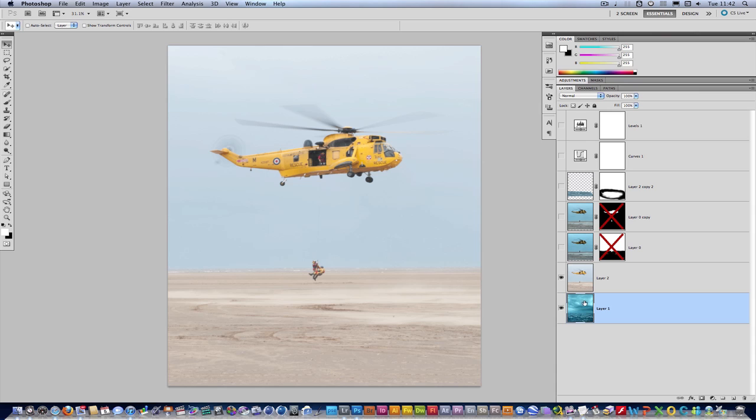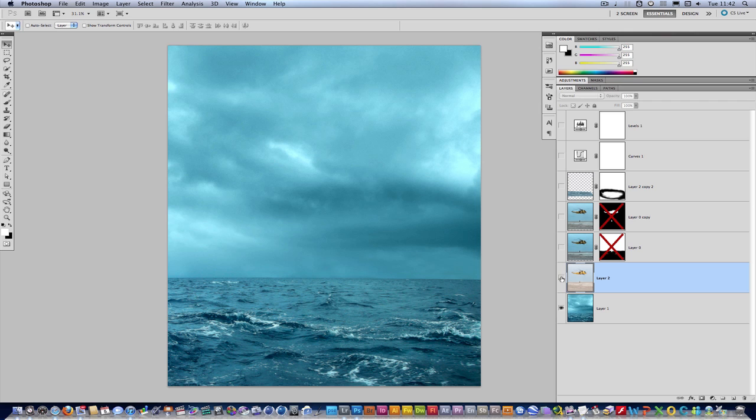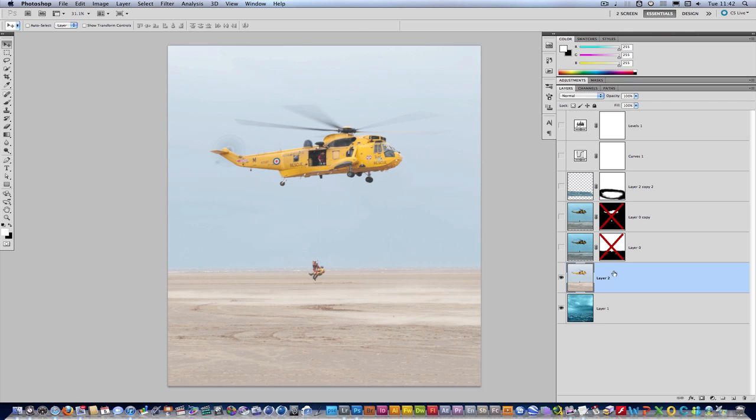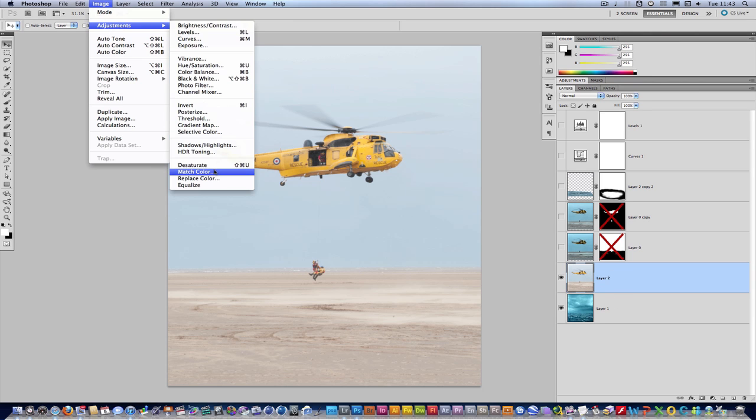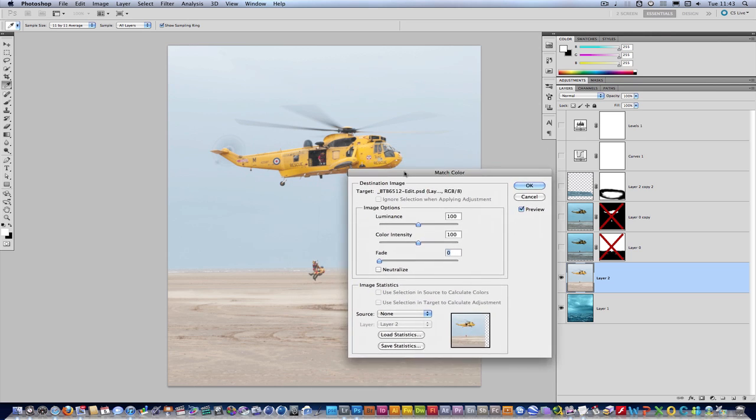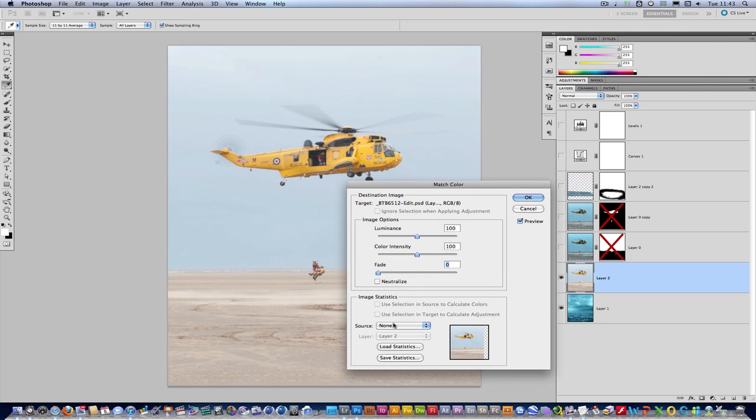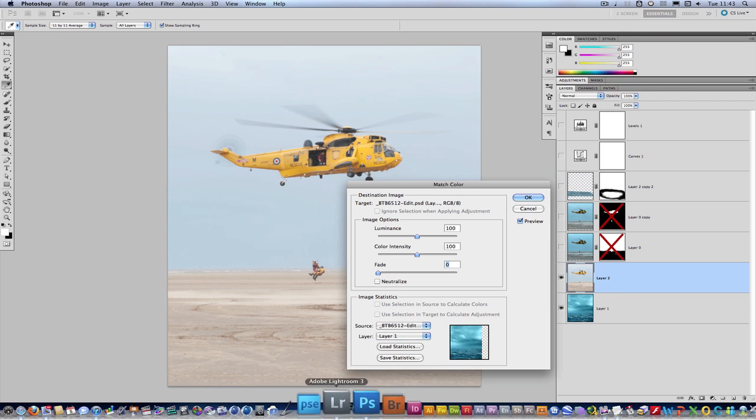And then the helicopter. The first thing I did was to get the colours roughly matching. As you can see, there's quite a big difference in colour with the sunlight and everything. So to do that, with the helicopter selected on its own layer, I came up to Image, Adjustments, Match Color. From the Match Color window at the bottom here, you can choose the source that you want to try and match the color from. It's from the same image, and then it will ask you which layer. Well, it's layer 1 we want to choose the color from, so I'll choose layer 1,